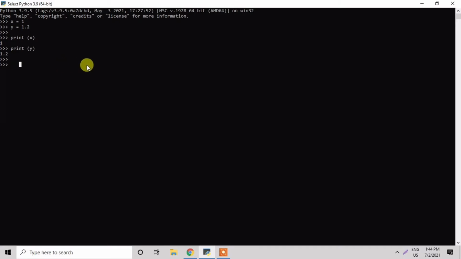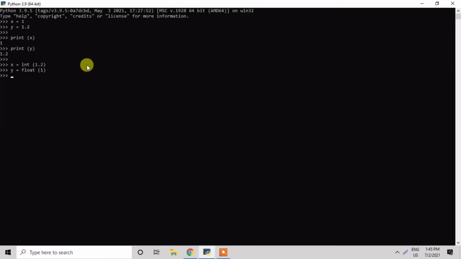So the next example is, we can use x is equal to int, that is integer, of 1.2. So this is how we can use casting variables. Second is y equals float of 1.